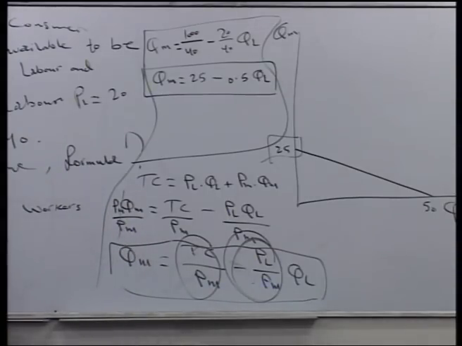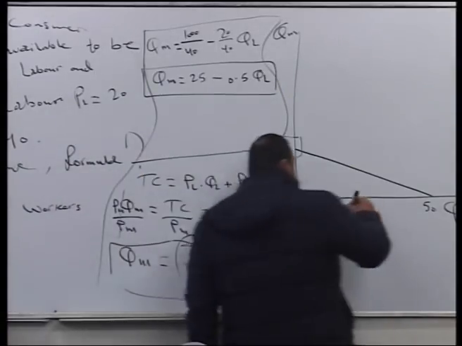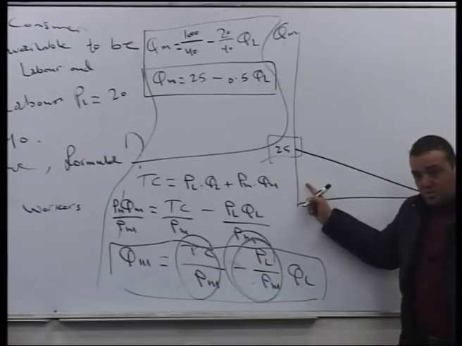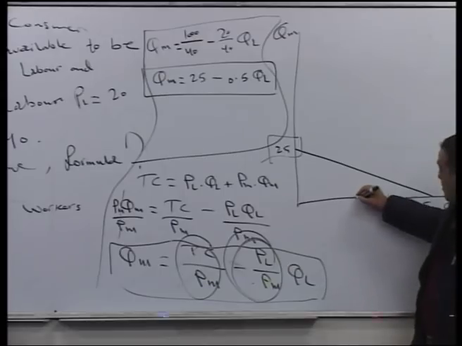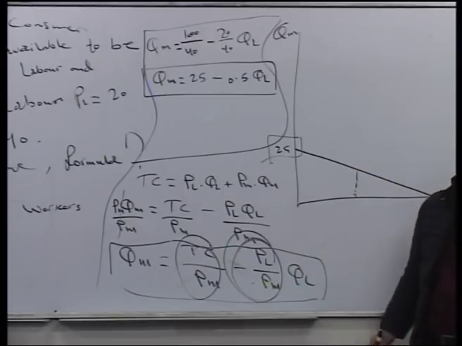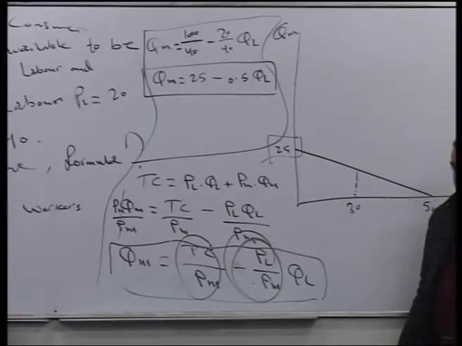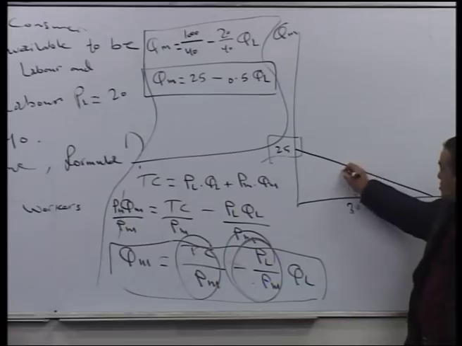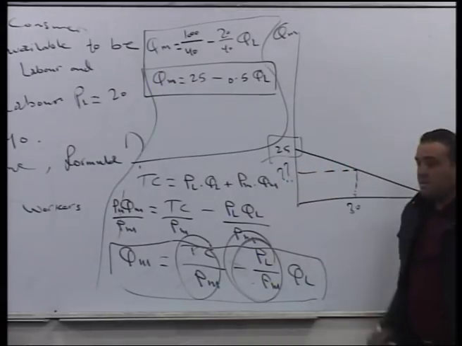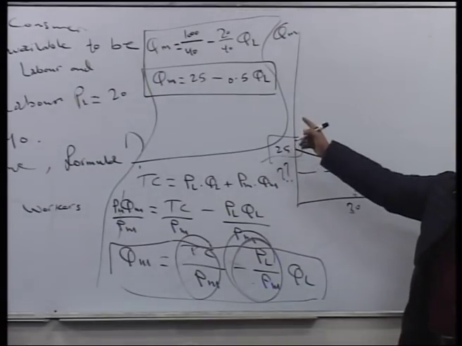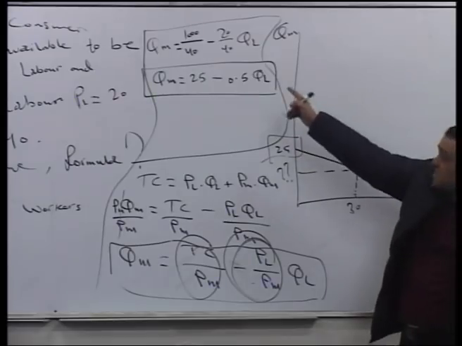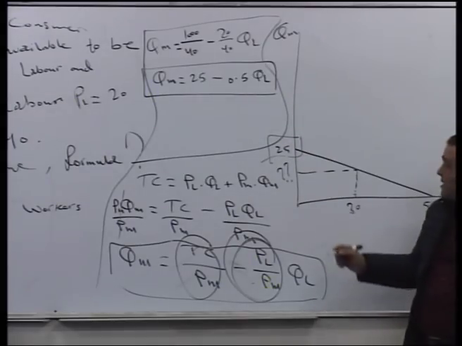Can we derive or determine how many machines we should have if we know the number of workers? Let us assume that the number of workers equals 30 workers. How many machines should we have? This depends on, or should be calculated by using this formula. So at QL